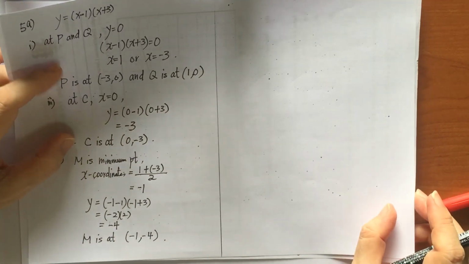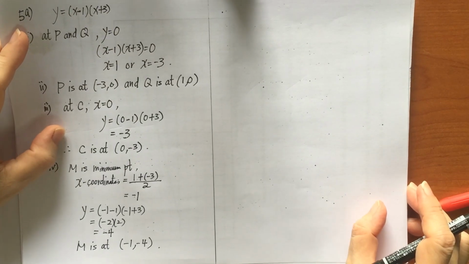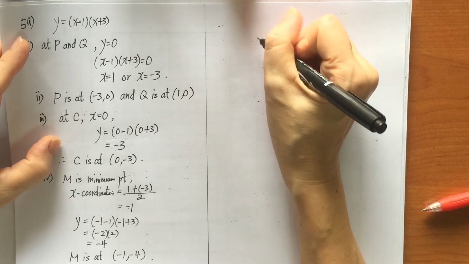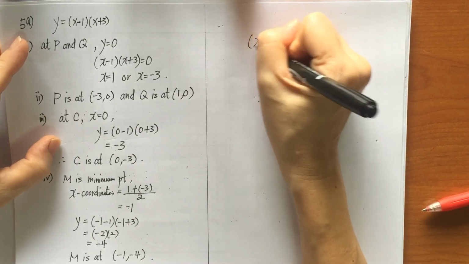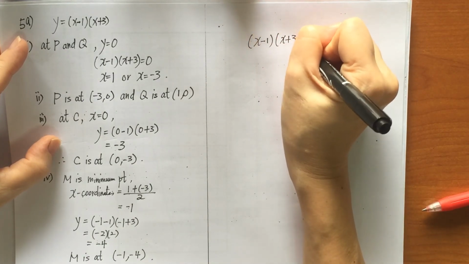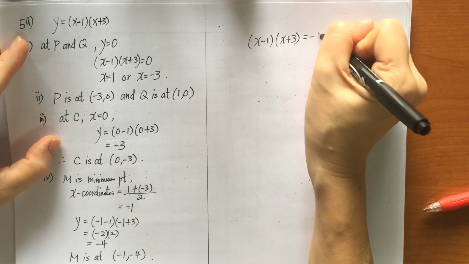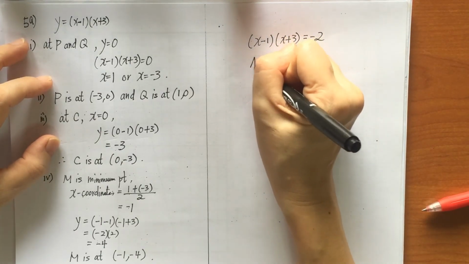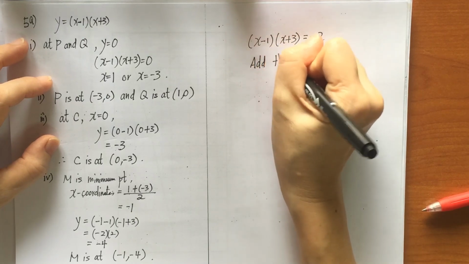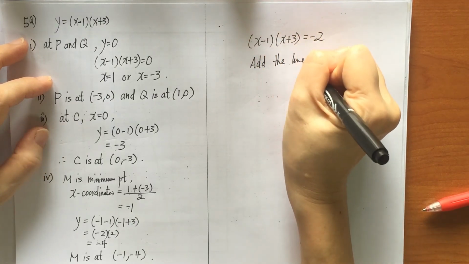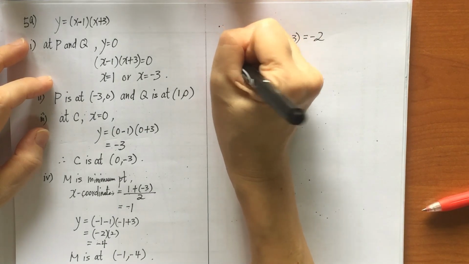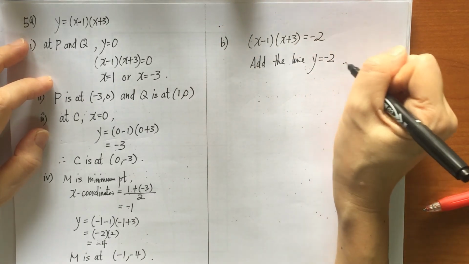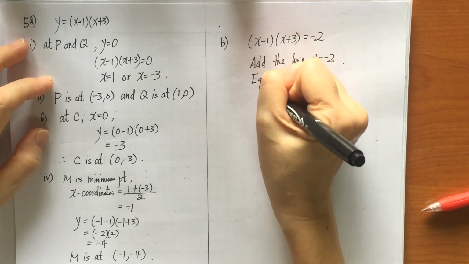Next one, we want to write down the equation of a straight line drawn on the same axis to solve this equation: x minus 1 times x plus 3 equals negative 2. Our equation is this already, so that means we need to add the line. What line is it? This is part B. The line of y equals negative 2. So the equation of straight